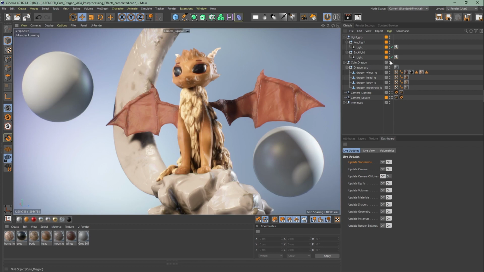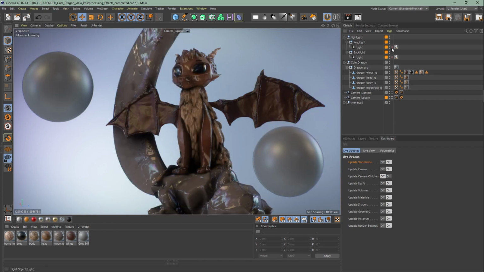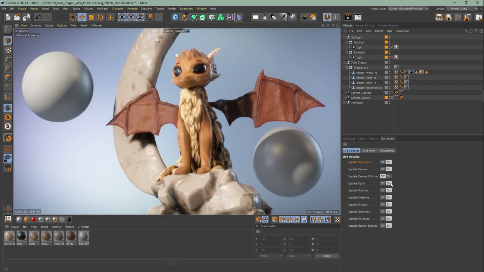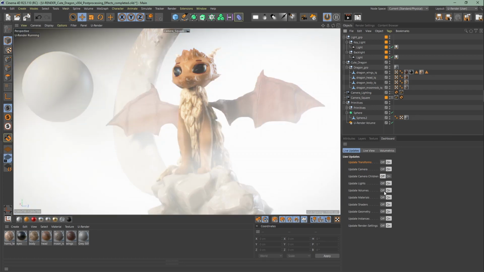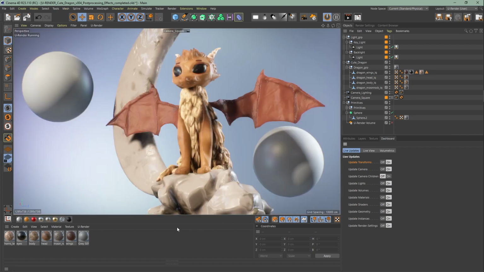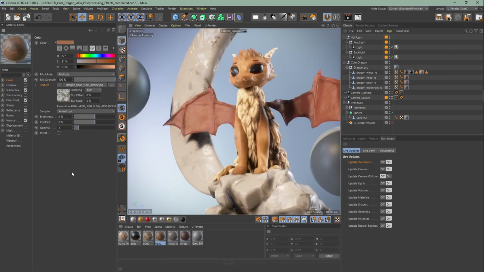Next lights for light updates. A high amount of point lights in your scene, for example, can cause longer render times. Volumes for volumetric objects. Materials for materials.